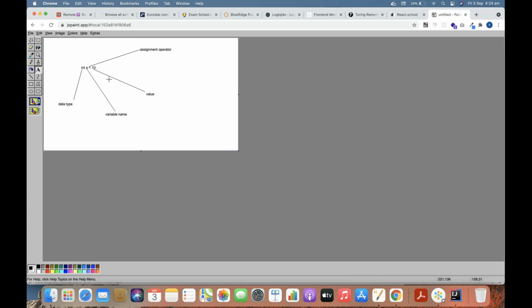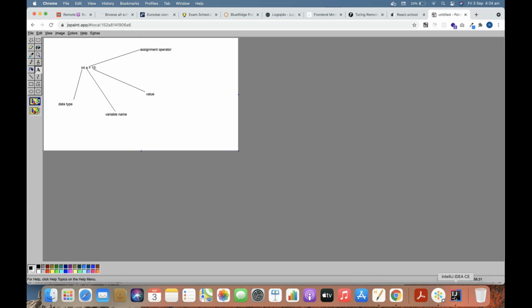So what will happen behind the scenes? You are declaring a variable with the name a, which will store the value 10. In the memory, some memory will be allocated for this variable, and the value stored is 10. So this is like a container which will hold some value. That is what a variable is.